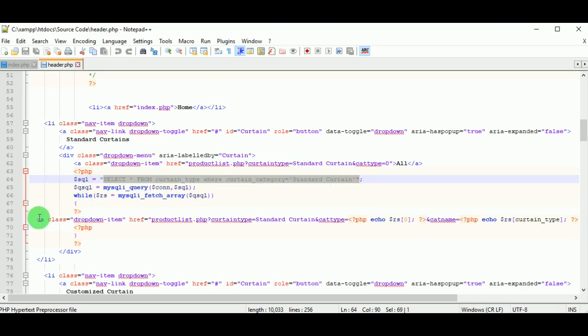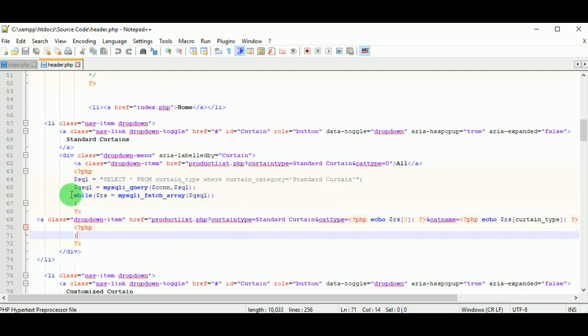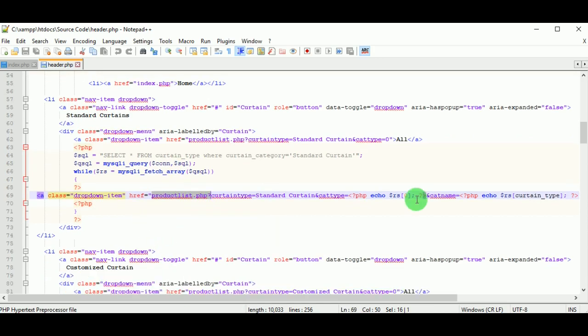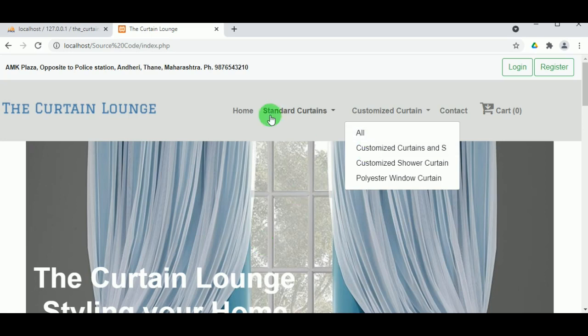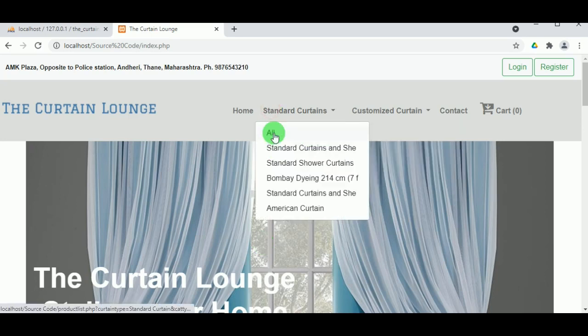How the curtain types are fetched is using the query select star from curtain type where curtain category equal to standard. So all the standard curtain categories available in the database are fetched and displayed, and clicking on these will redirect you to the product list.php file.